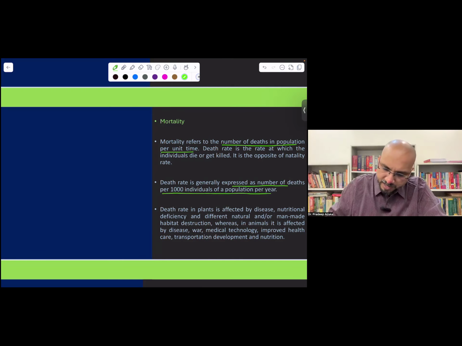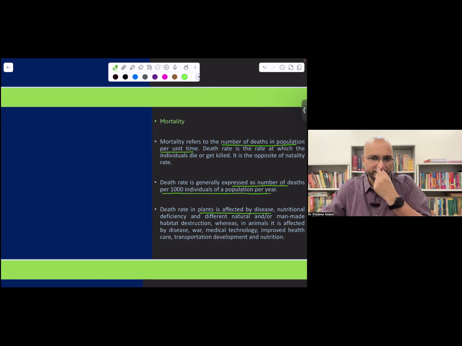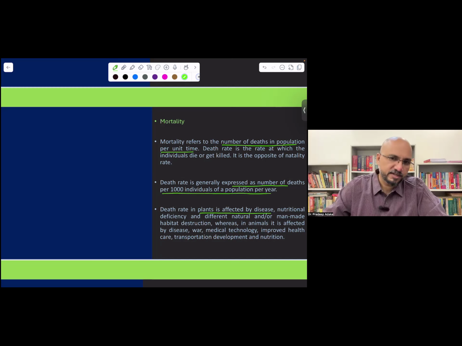Now death rates in plants are affected by disease. Disease may spread through plants, like dieback, or some other fungal infection may start in a particular plant. It may affect the root system, like wilts. Wilt is a disease caused by Fusarium. So it may affect the root system, ultimately affecting nutrient absorption or water absorption, and ultimately the plant will die. So it may be affected by disease, and it can cause death of the plants, or nutritional deficiency might be there. So there are